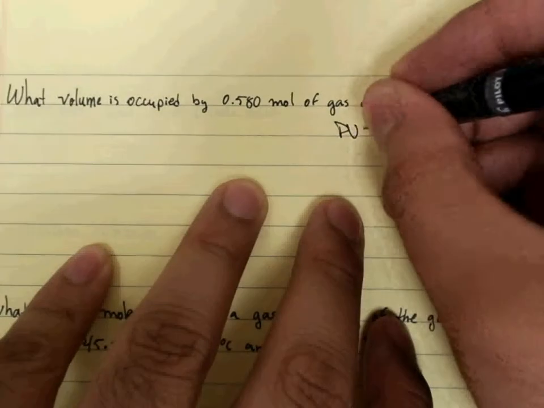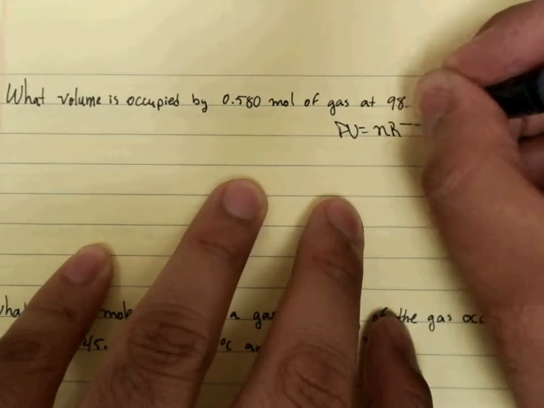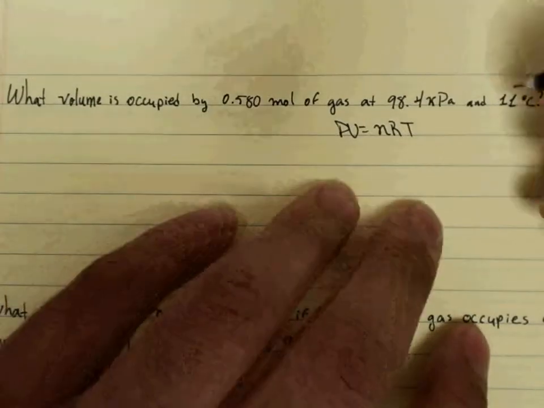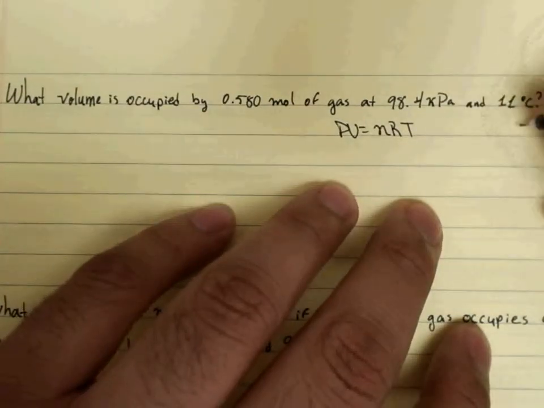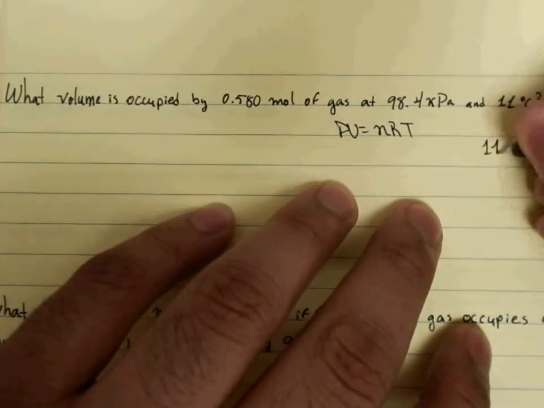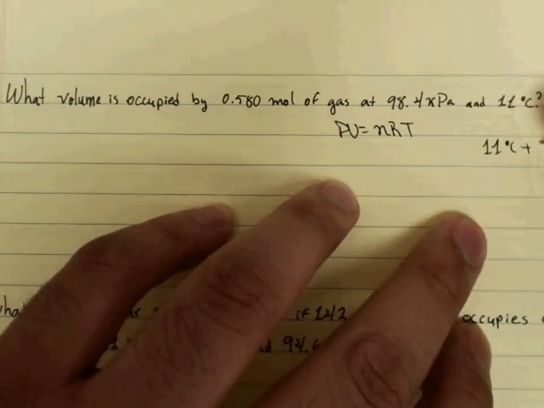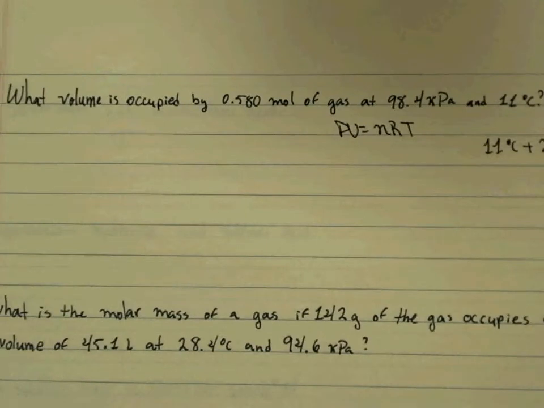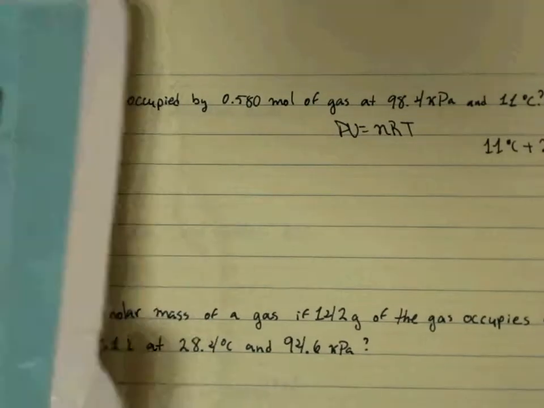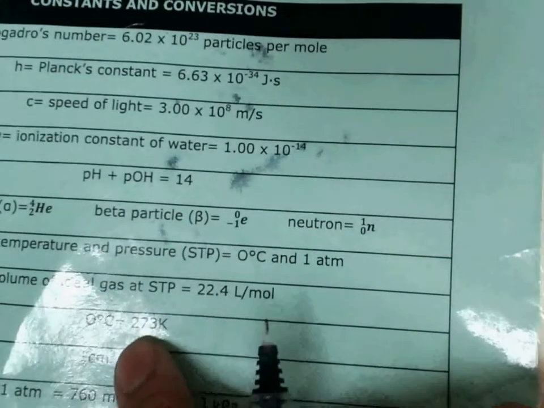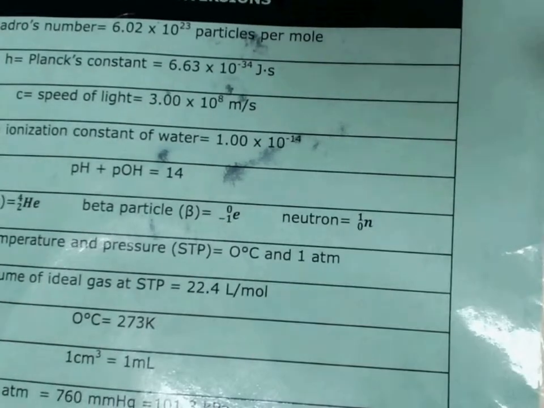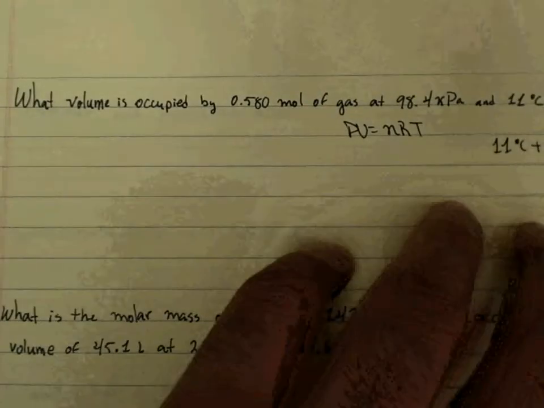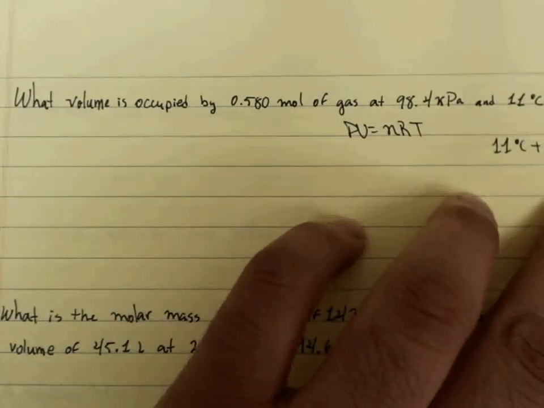So it's PV equals nRT. I need to remember that PV equals nRT does not use Celsius, it actually uses Kelvin, so I need to put 11 degrees Celsius plus 273, that's my conversion. I did not memorize this, I just look here, and it tells me that 0 degrees Celsius is the same thing as 273 Kelvin, so I just have to add 273 to go from Celsius to Kelvin, so I have